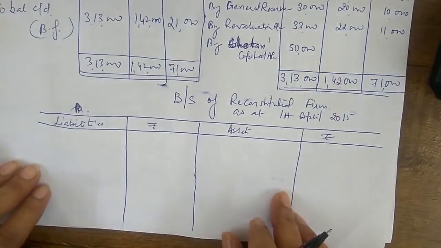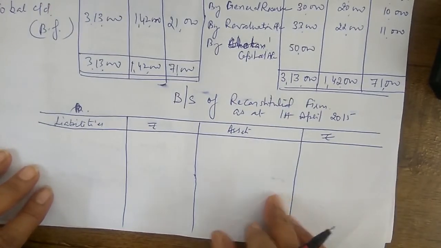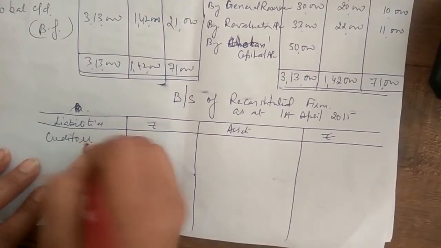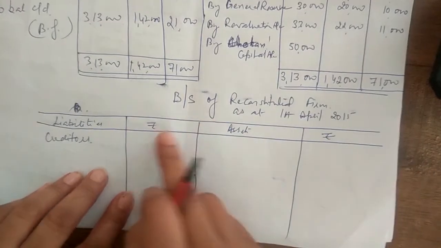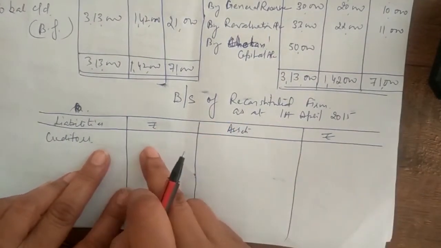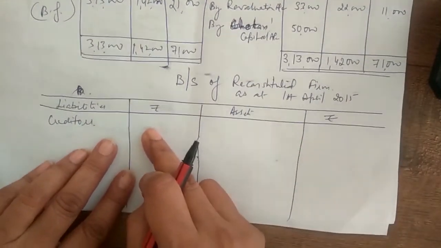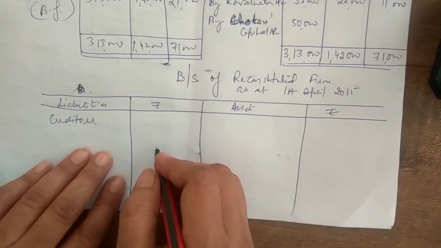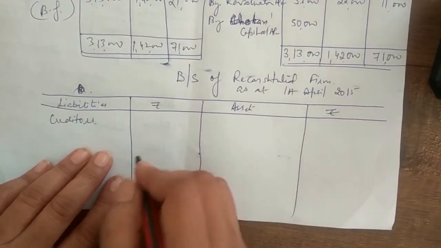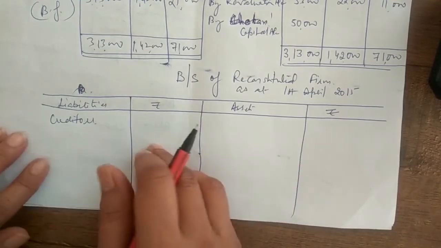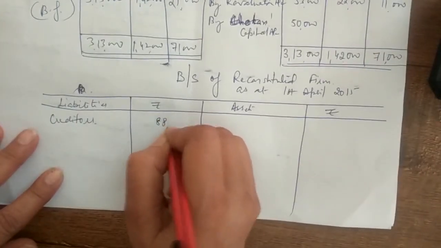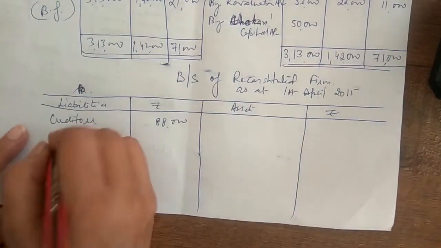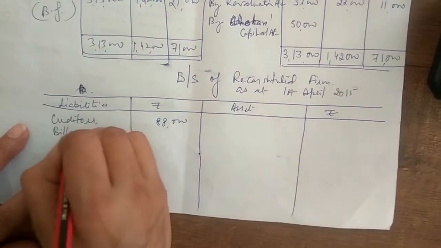ऊपर नीचे करने की जरूरत नहीं होती है। हम देखते हैं लायबिलिटी साइड में हमें क्या दिया हुआ बच्चे। वी हैव गिवन द वैल्यू ऑफ क्रेडिटर्स फर्स्ट। Now we need to show reconstituted, that means revised values of assets and liabilities will be taken. So revised values में creditors decreased by 12,000, it was 1 lakh. अगर हम 1 lakh में से 12,000 माइनस करें तो what is the value left बच्चे? 88,000. Clear है बच्चे? Then we have given bills payable.